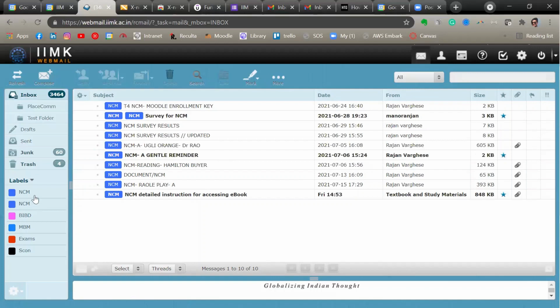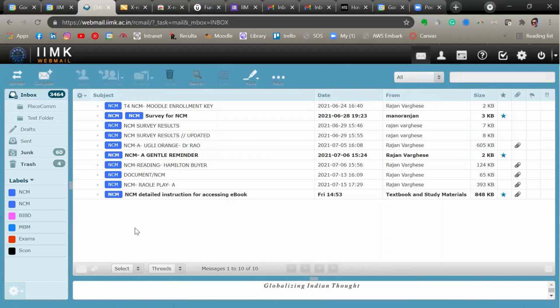So you can create as many labels under this. You can create labels for all the student bodies, for Qualcomm, for Backwaters, for SPMC, for Empower, so that you can keep track of the events of those particular student bodies separately. You can also create labels for different subjects. For example, I've created labels for NCM, for DIBD, etc. So according to your subject requirement, you can create labels here.